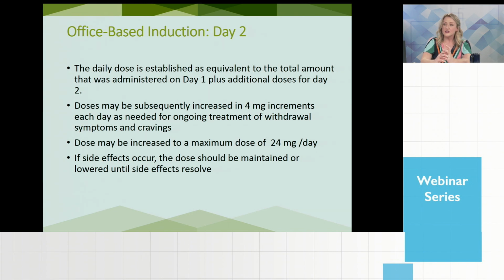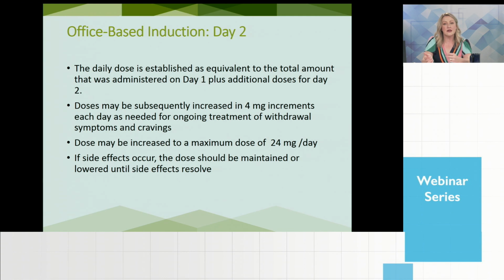In Pierre's Clinical Pearls, they mention this, and I always do when I'm talking about inductions. If someone's on 24 and they're still having cravings and withdrawal, you can absolutely go above 24. If this is your very first time, I'd phone a friend, but that friend is probably going to tell you, yeah, why not try increasing? Maybe go to 28 and see how they feel. If they're experiencing side effects, you may want to pause at some point, but I don't typically see that. And again, it can be really difficult to determine what is actually opiate withdrawal versus side effects from the med.